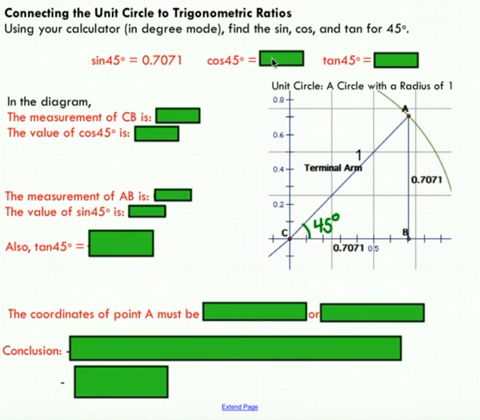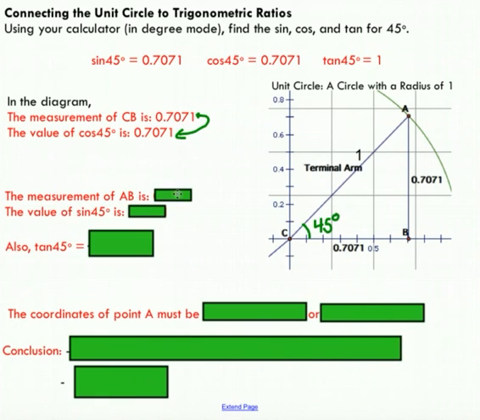If you just calculate these three trig ratios for that angle, you'll see that you get the following values. I've just rounded to 4 decimal points here. If you look at the measurement of CB, you should see that you get 0.7071. And interestingly enough, that value is also the sine of 45 as well as the cos of 45. For us, we're looking at the cos of 45. You can see that those two are the same. Yes, the sine of 45 is also the same as CB, but as it turns out, these two are deeply connected.